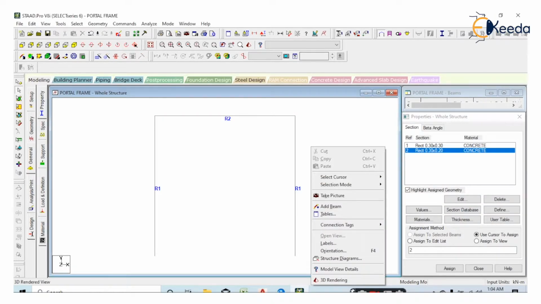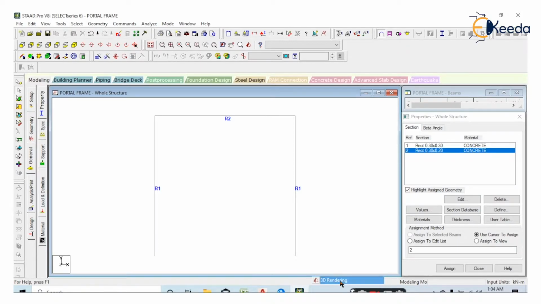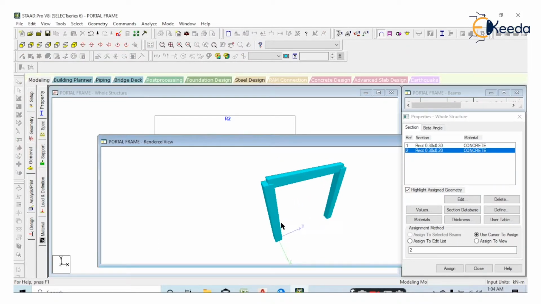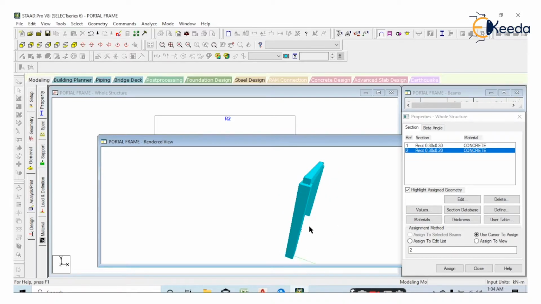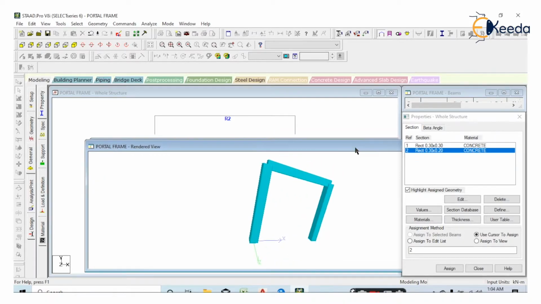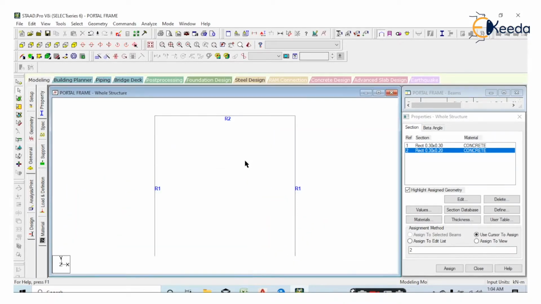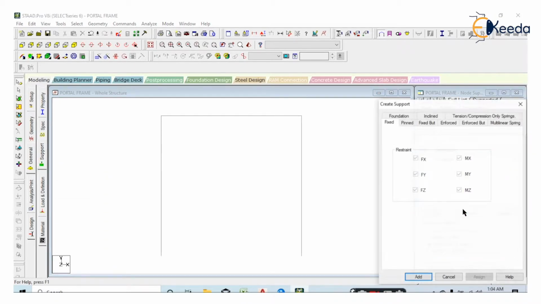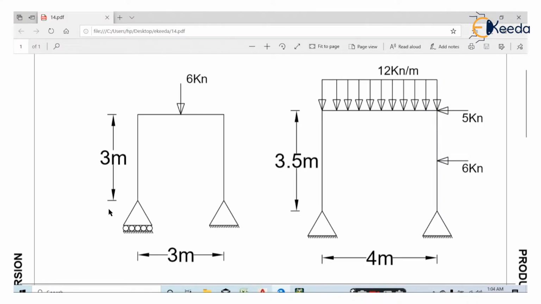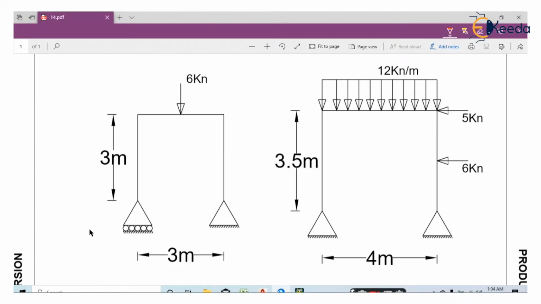Just right click and click on 3D rendering. You can now see a 3D rendering view of your portal frame, right? Now go to support, create a pin support, and one is a roller support, right?